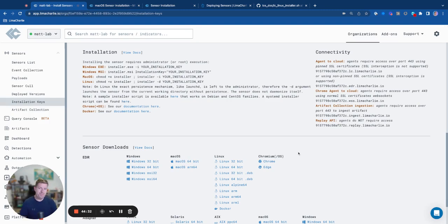So in summary, this felt like a lot of rabbit holes and technical walkthroughs that we went through. The goal here was to talk about some of the different options for enterprise deployment. First, we started with Windows, or I should actually say, first we started with the installation keys. I spent as much time there as I did because the installation keys